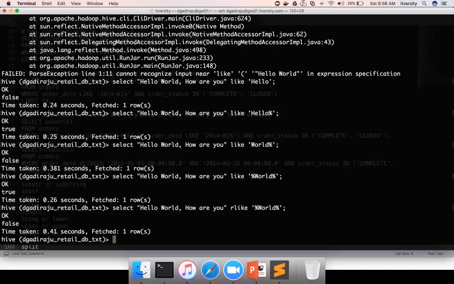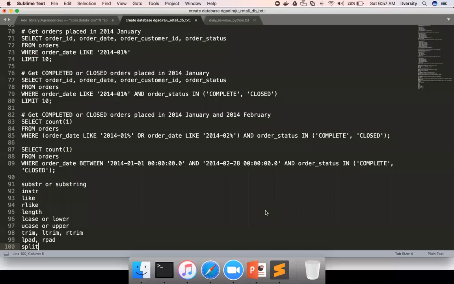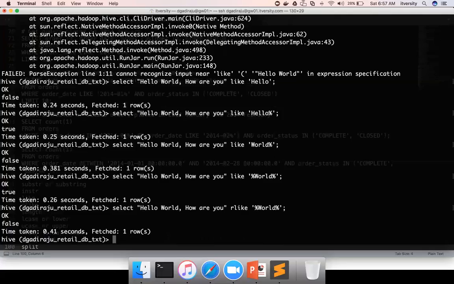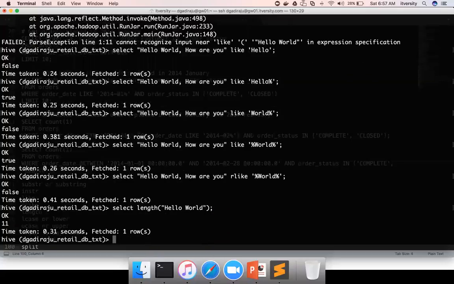If you just want to compare strings using regular expressions and return true or false based upon the pattern matching. And then length, to get the length of the string. So in this case, if I just want to get the length, it's quite obvious. It takes one parameter, one argument, and it will give the number of characters in it if the argument is of type string. So we can get the length of the